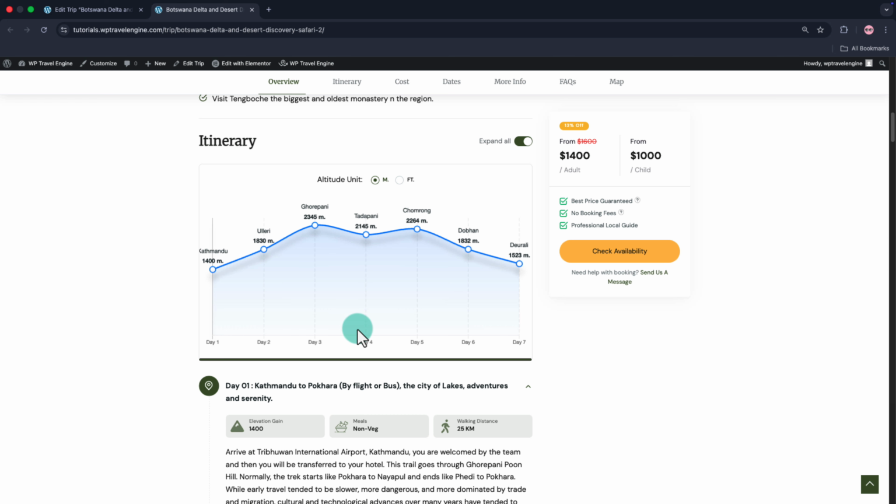And that's everything you need to add meal plans, location details, and altitude data to your itineraries using the Advanced